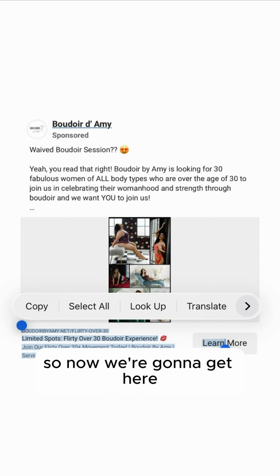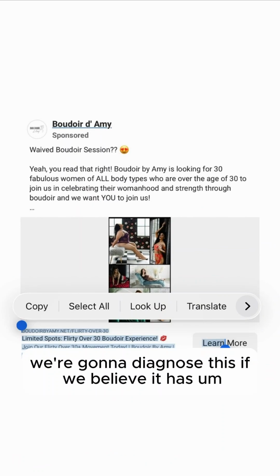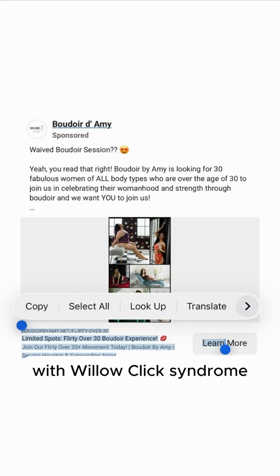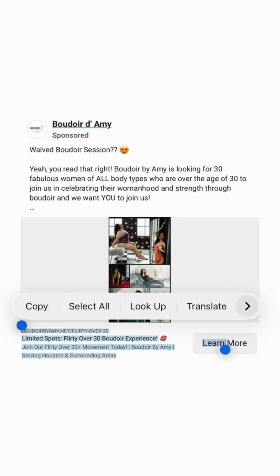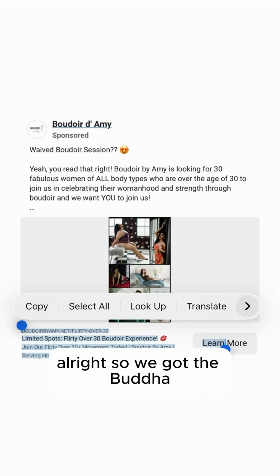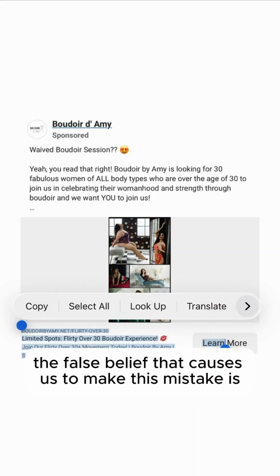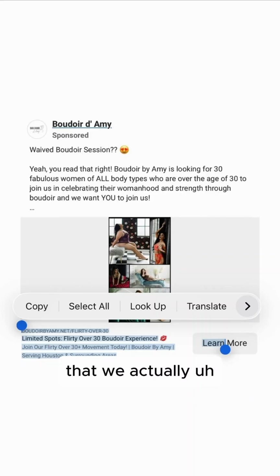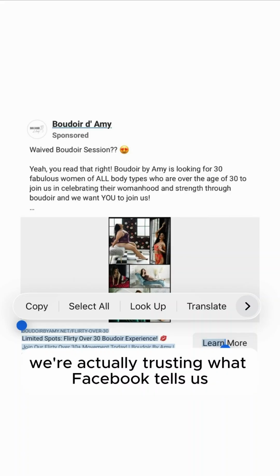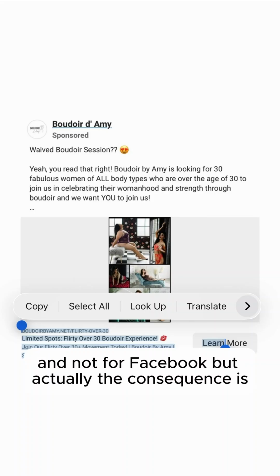So now we're going to diagnose this, see if we believe it has Boudoir low click syndrome. First thing I'm looking at is, all right, so we got the Boudoir, basically the below creative cluster mistake. The false belief that caused us to make this mistake is that we're trusting that what Facebook tells us to fill out for our ad is best for us and not for Facebook. But actually the consequence is